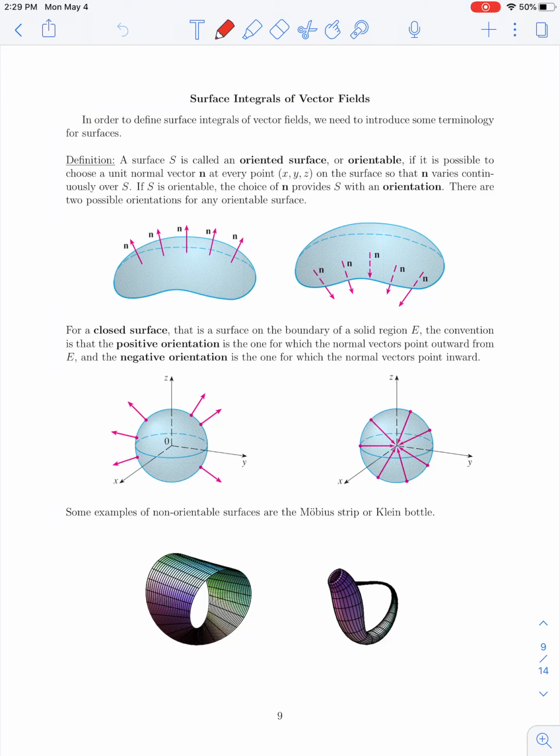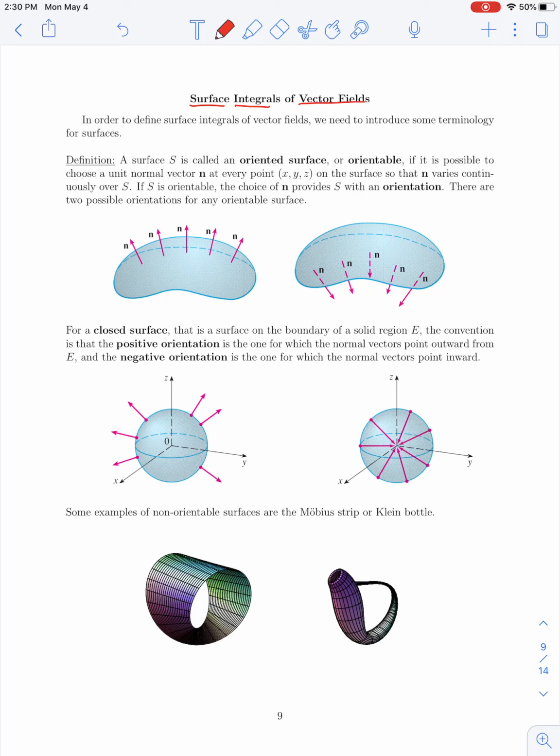Okay, in today's lecture, we're going to cover the last part of our section 6.6 material on surface integrals. And in this last part of the lecture, we're going to discuss surface integrals of vector fields. So last time we had defined the surface integral of a scalar function of three variables over some surface S in space. And today we're going to extend that definition to the surface integral of a vector field over some